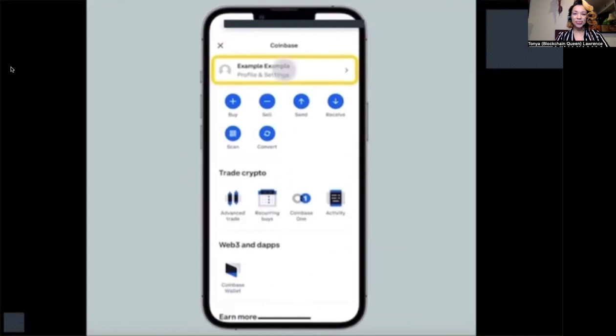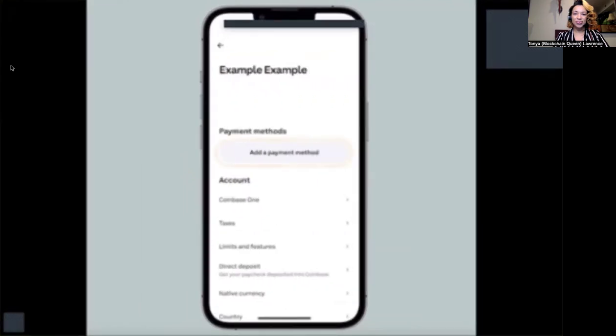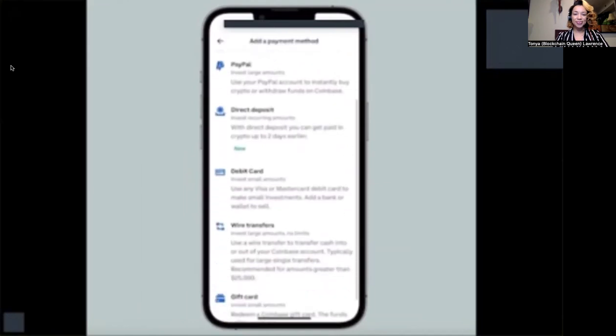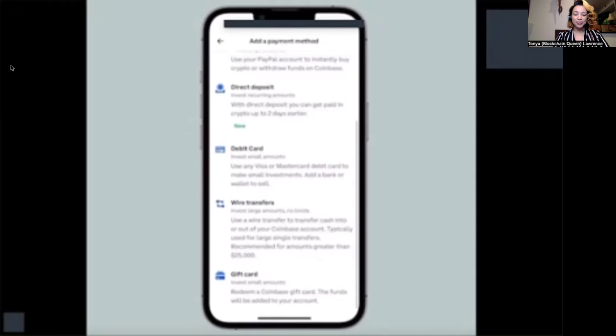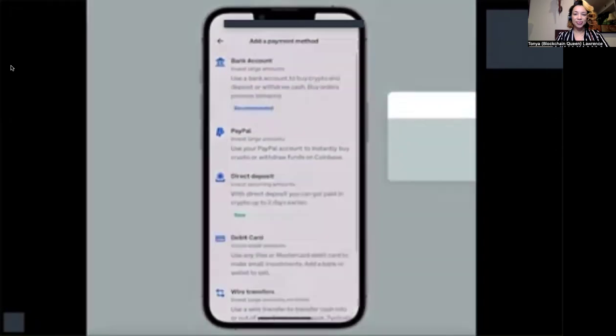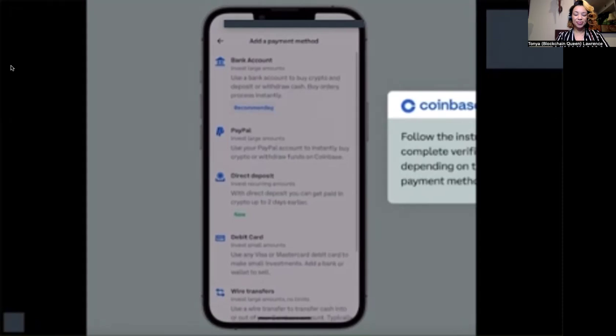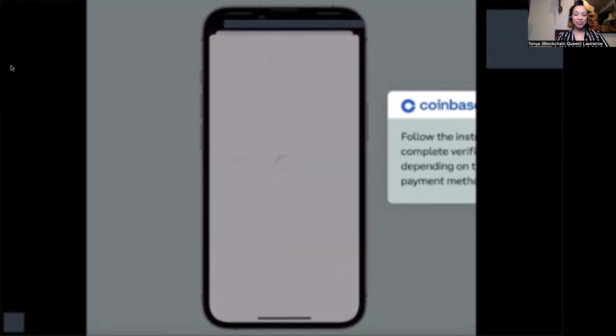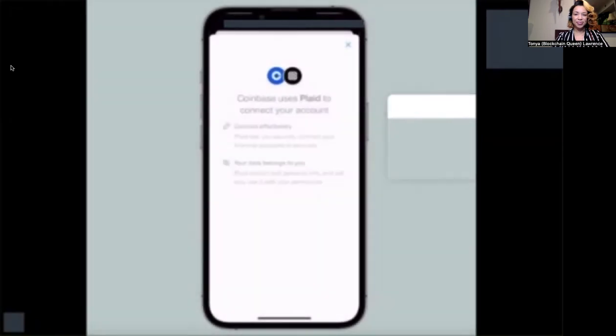Once you have added your first payment method, you can begin buying and selling crypto using your Coinbase account. You can link as many payment methods as you'd like by repeating these steps and selecting the alternate payment method of your choice, then following the relevant instructions. Keep in mind that payment methods vary by country. You can learn more about supported payment methods by